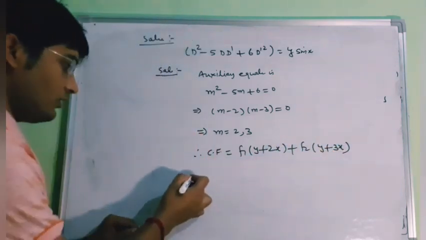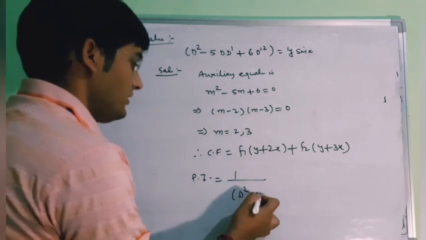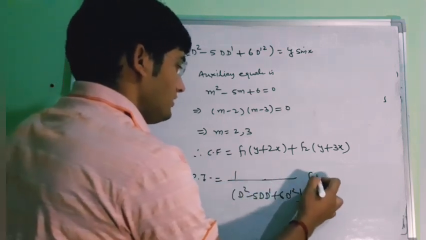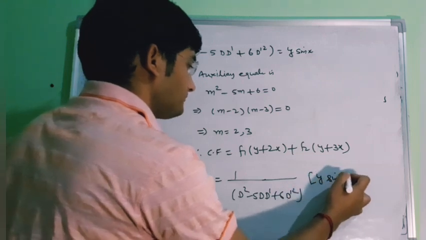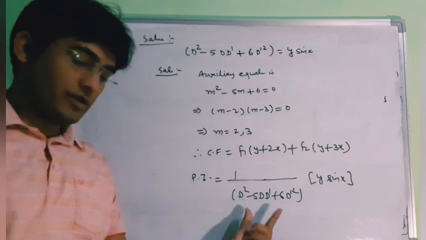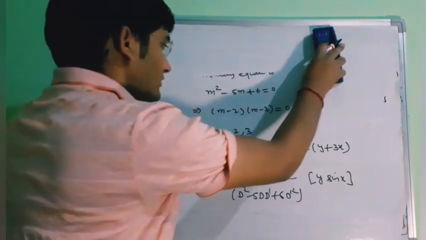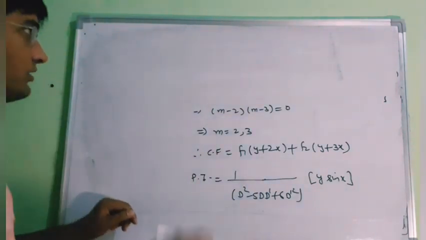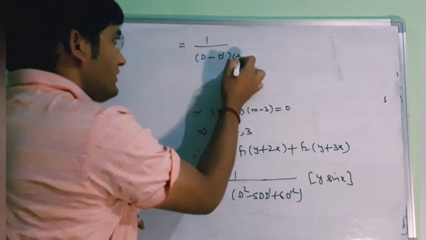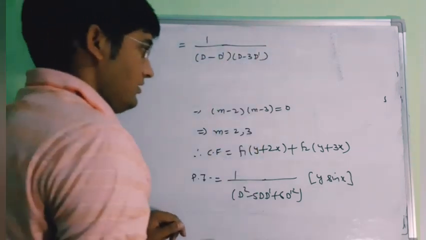Now our PI will be 1 upon (D² minus 5DD' plus 6D'²), and in the bracket we will have y sin x. Now here we can see that this term has two factors. One was D minus 2D' and the second one is D minus 3D'. These are two factors, and in the bracket